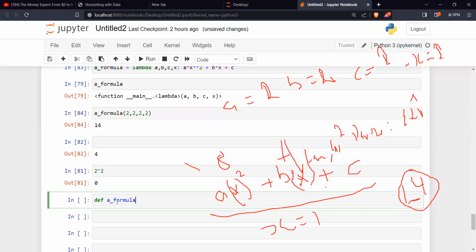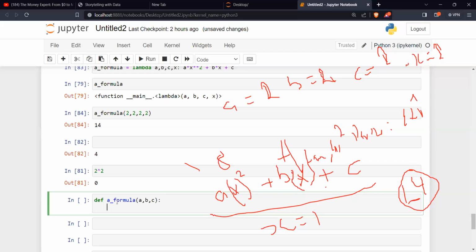Now I want to put the parameters, in this case A, B, C. Guys, I just want A, B, C.